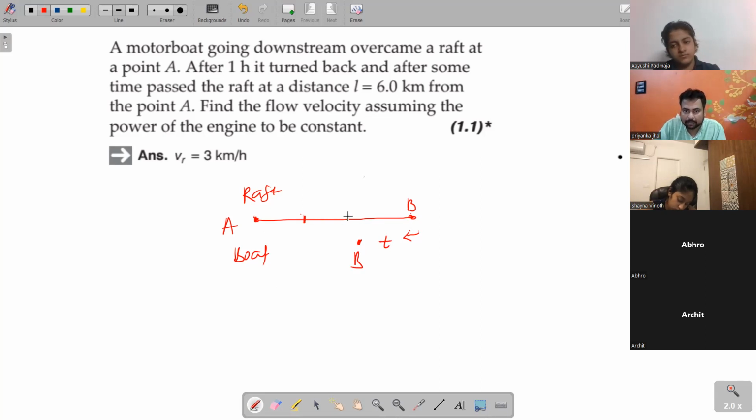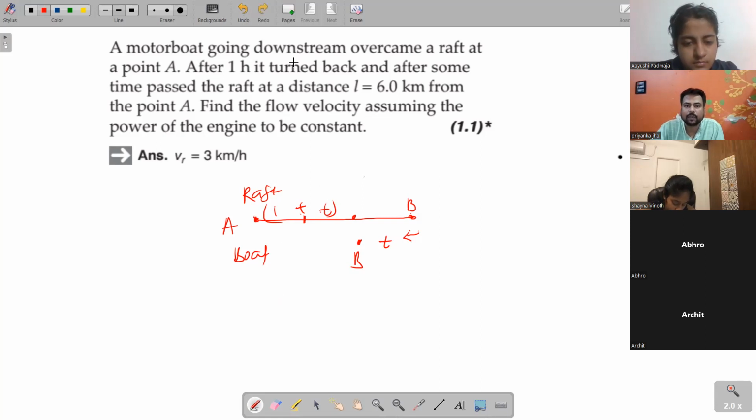तो मान लो t आवर में मोटर बोट पीछे चला, तो राफ्ट यहाँ आ गया। तो टोटल कितना टाइम चला राफ्ट? 1 + t। 1 आवर तो राफ्ट यहाँ से यहाँ चला था, और t आवर में ये राफ्ट यहाँ से यहाँ चला था। समझ में आया बात? यस सर।